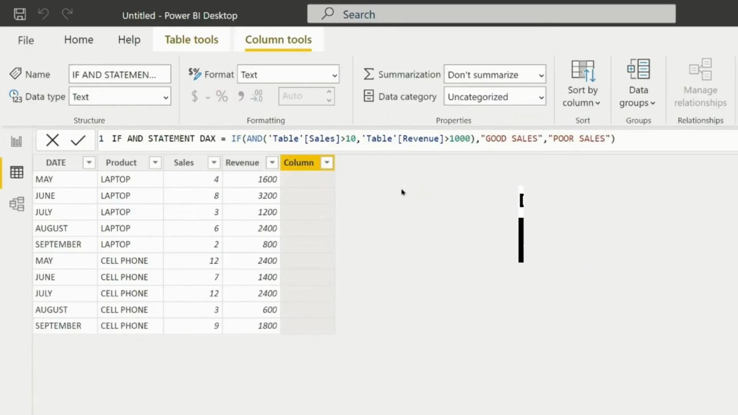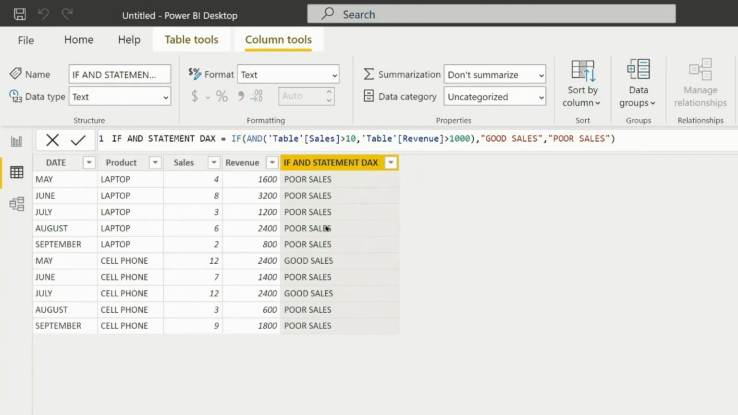We have now created a new column using the IF AND statement. The new column now returns the